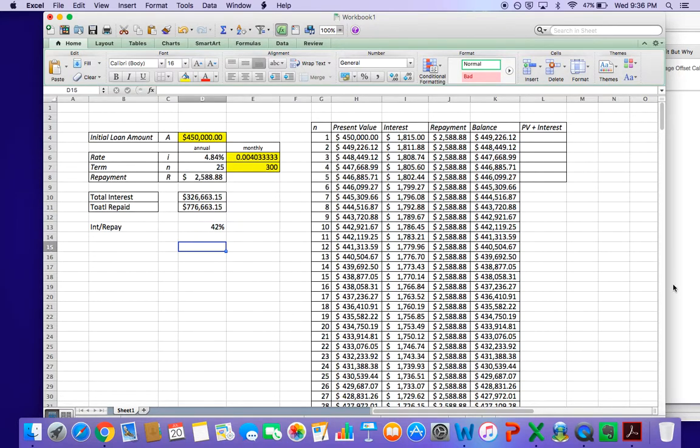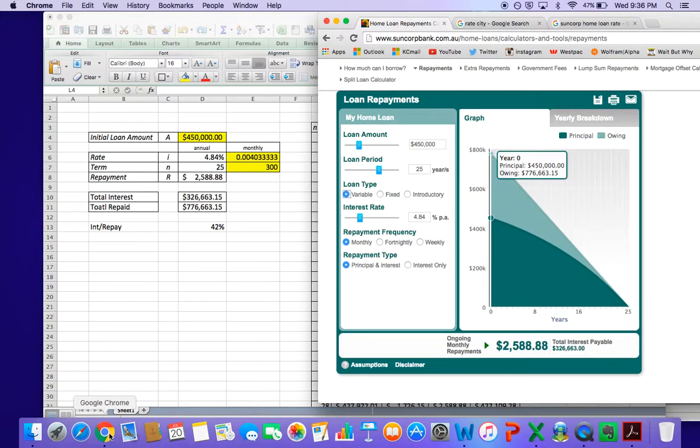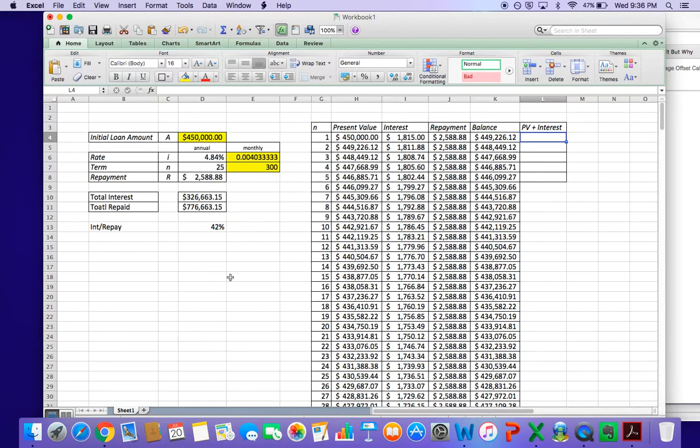All right, a couple of other things we'll do here. Let's look at this from the perspective of what we actually pay back in total, which is the interest plus what we borrow, so that's 776,000. If we start with that amount, and then we diminish that over time,